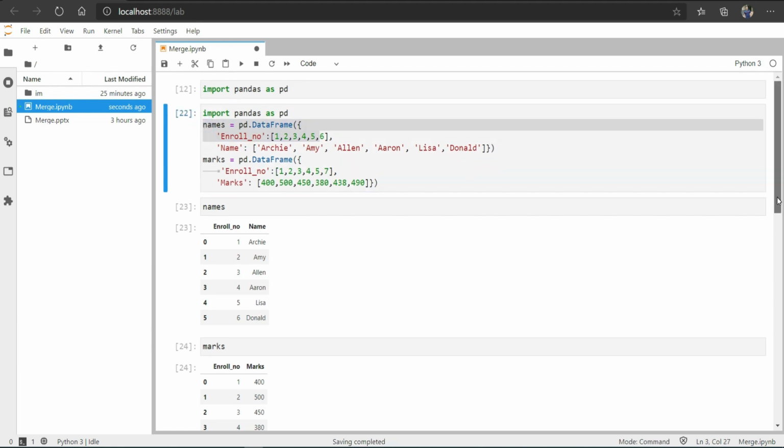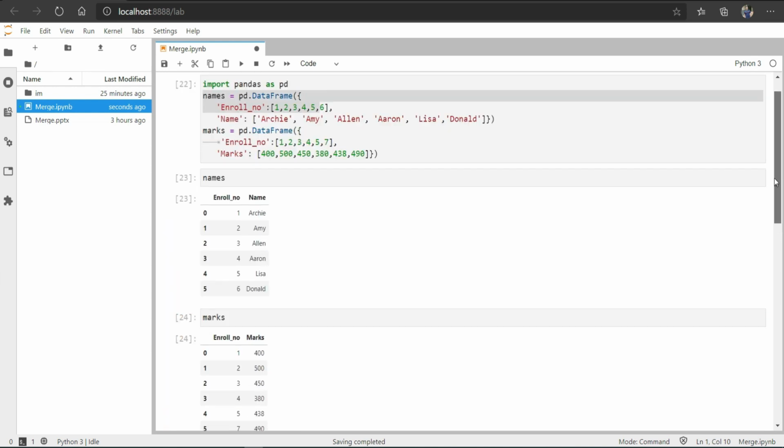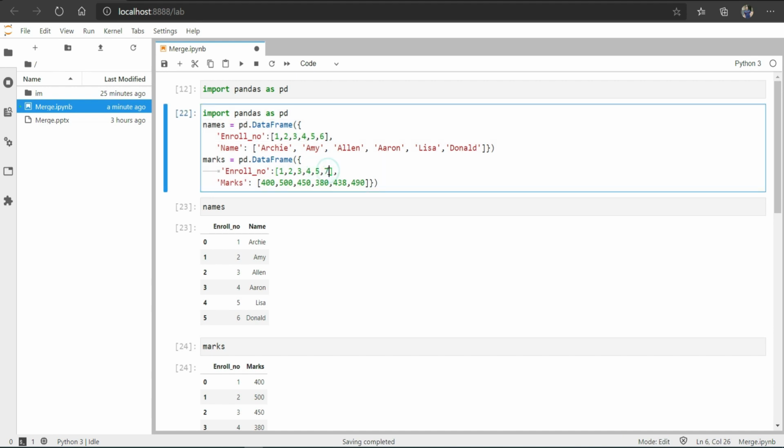So for enrollment number 7 it has displayed NaN and it has displayed the marks. So what happened here? It has displayed the common records from both the tables and all the records from the right table, or right data frame. As we have student enrollment number 7 here, it is now being displayed.